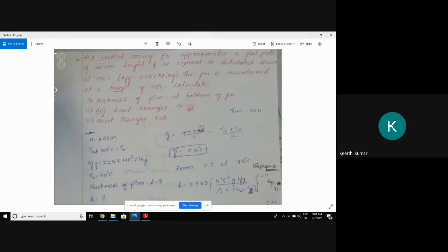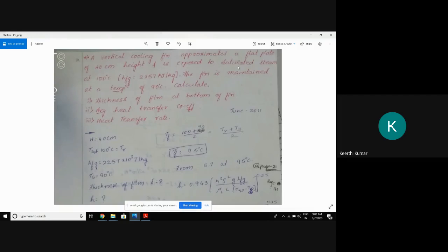See now, a vertical cooling fin approximates as a flat plate. Again, he has given the problem on a flat plate. This word is important, flat plate of 40 centimeter height. Earlier height was not given, so we have taken 1 meter in the previous problem. Now he has given the height as 40 centimeter for the plate. So 40 centimeters is the length